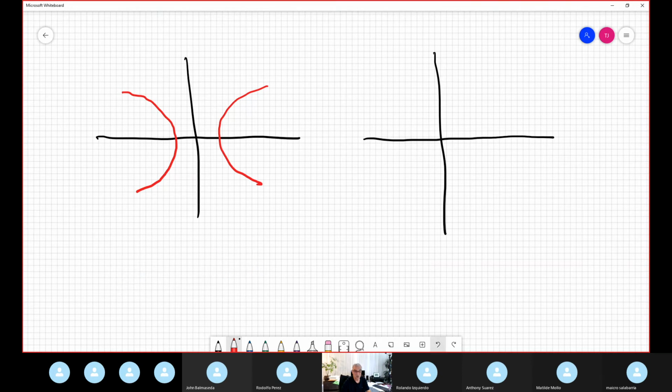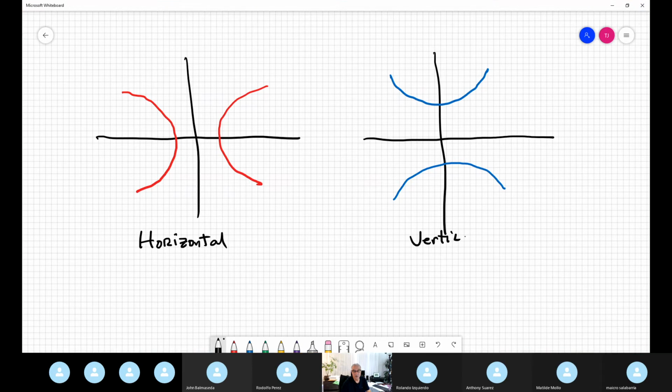Okay. And we have another kind, just like that. This is horizontal. Why not? It's the way I like. The book calls it differently. And this is vertical. This is a shortcut. So how do you know that? Well,